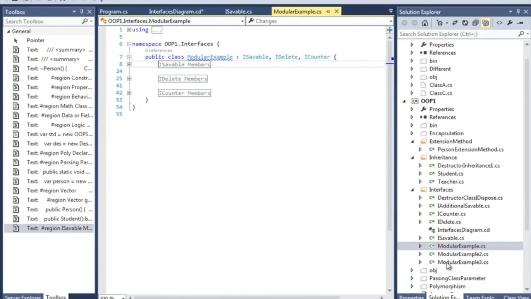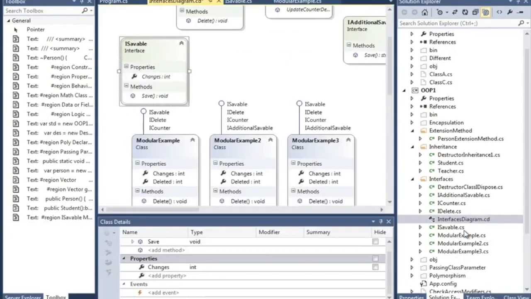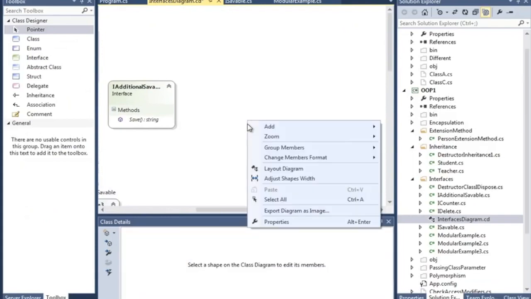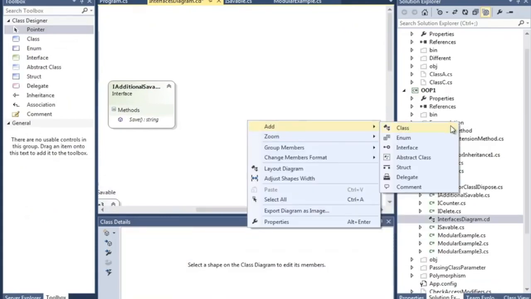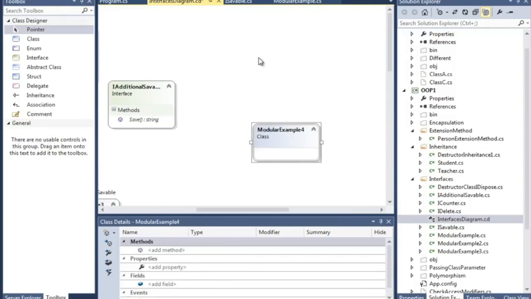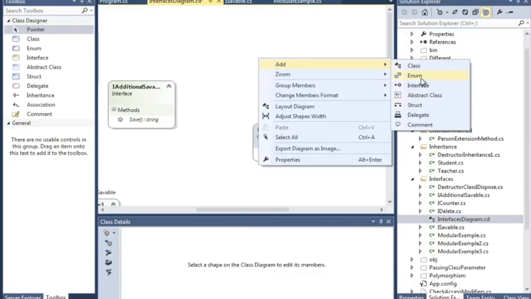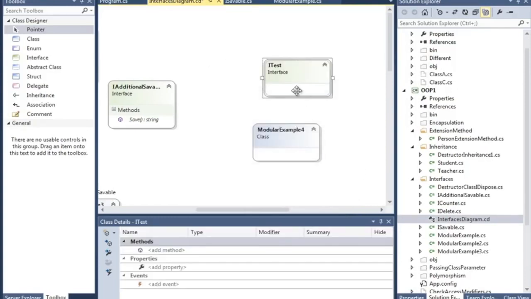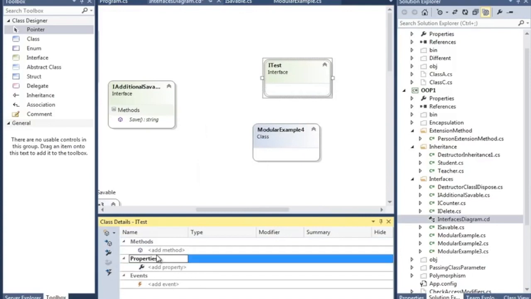The easiest way to make more interfaces is with the diagram tool. Let me show you how to make another one. Let's say I have the modular example 4 class, and I want an interface named ITest with some properties or methods.